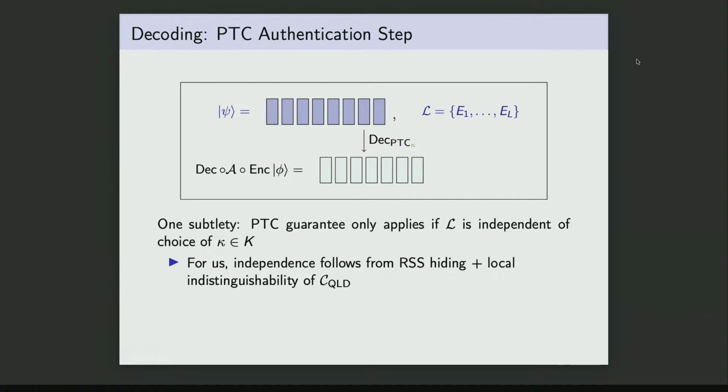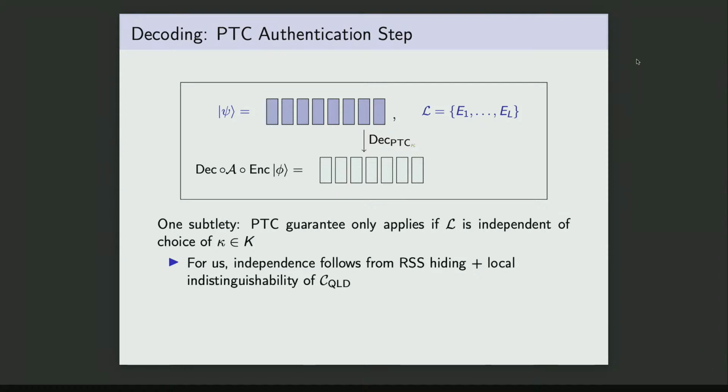And the robust secret sharing scheme has already hidden the key from the adversary so that the decoder can recover it. But if you look carefully, the secret key is also implicitly incorporated into the quantum list decodable code. Because we first encoded our message into the PTC, the PTC code word inherently has some information about kappa. And we're then encoding this into the list decodable code. So maybe the adversary could somehow look at the quantum list decodable code word and learn something about kappa. But it turns out that this actually can't happen by this property called local indistinguishability, which at a high